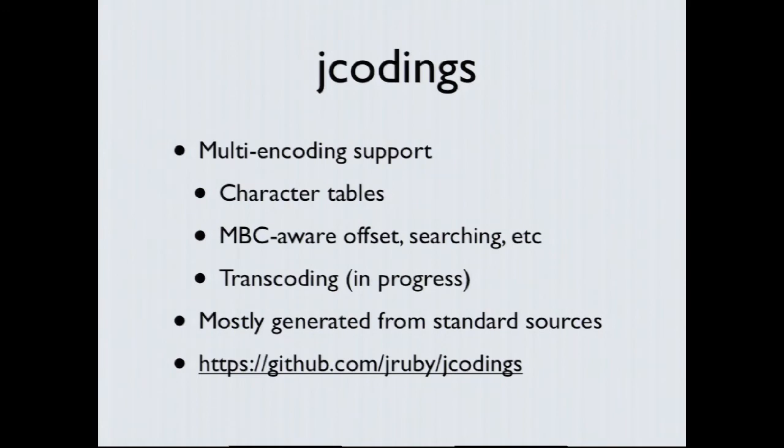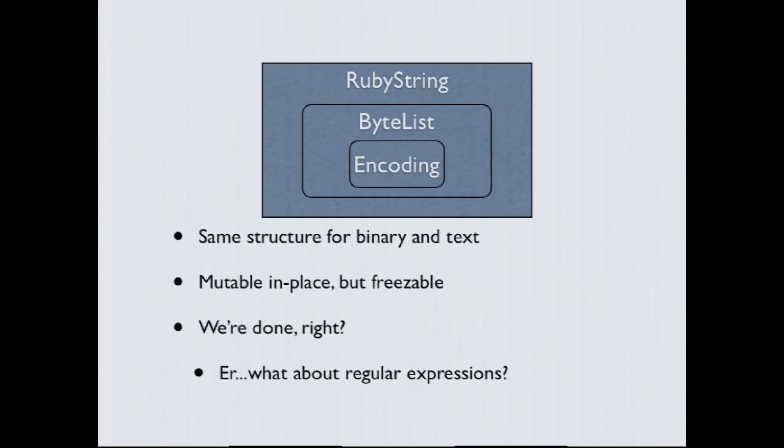for doing character access and regular expression work. So we get a structure kind of like this for a JRuby string. RubyString aggregates a byte list. The byte list itself aggregates a byte array and an encoding. And then we do some tricks within RubyString, like a flag to indicate that we know it's all 7-bit ASCII, we know it's all 8-bit ASCII, we know it's all UTF-8, things like that, to avoid doing raw multi-byte character searches when we know we can do random access. And so we're good. We've got our string, essentially, which is a byte array and encoding,